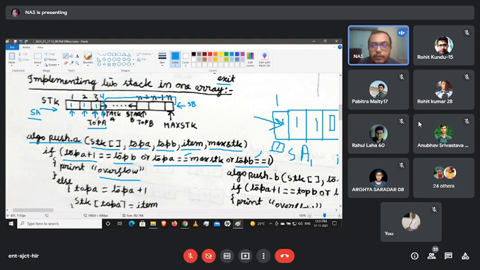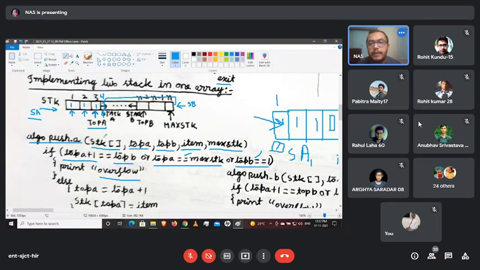Again it will be increased, top plus 1, so 3 plus 1. After coming to 4, we are saying B is already occupied, meaning the data of stack B is already occupying here. So top A is encountering top B, because top B is pointing to the particular position where the last data has been inserted. So top A is becoming top B. That's also an overflow condition. That's why we have used these lines.